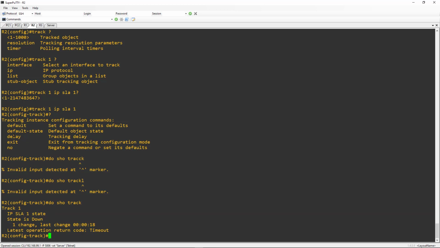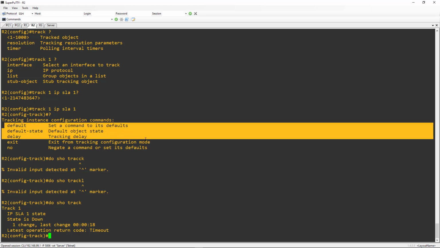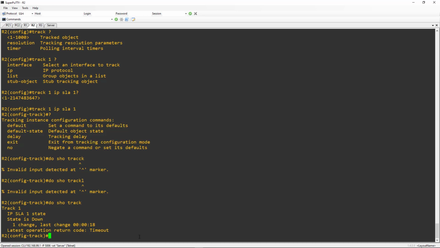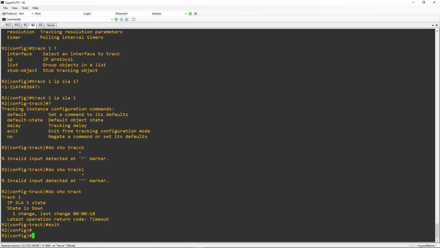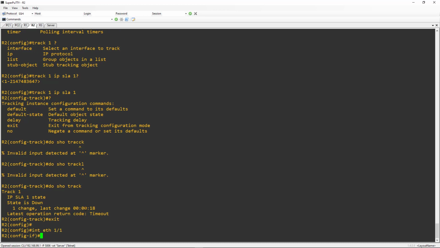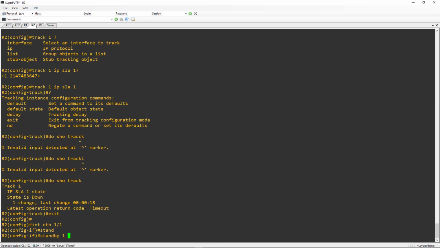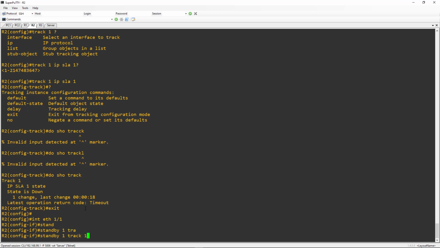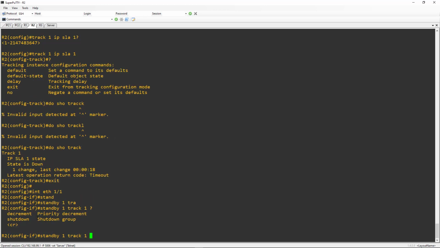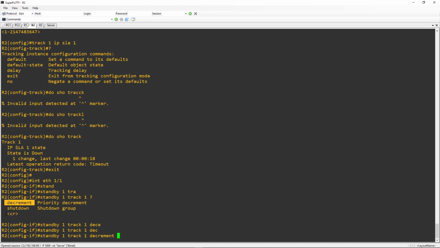All right? Now again, I could modify some of these parameters if I wanted to. That's not really the goal here. Again, we're just doing a very quick and basic upstream object tracking example so that we can show you how it gets applied to the HSRP configuration. So we've set up the probe, we set up the tracking object. Now we're going to go into Ethernet 1.1. We're going to say standby 1, track 1, which is the group, and then we're going to decrement the priority